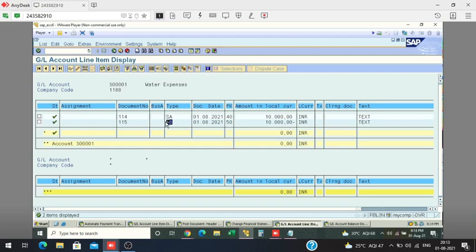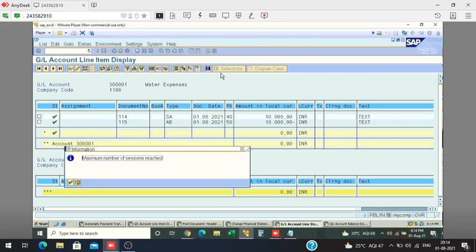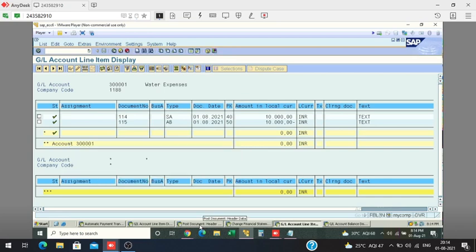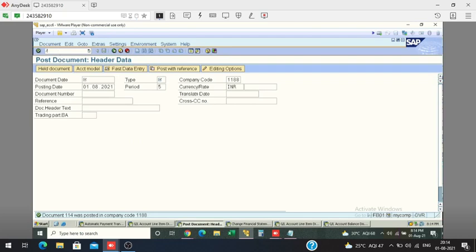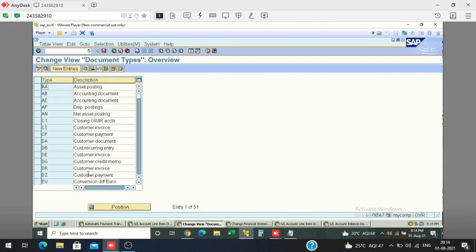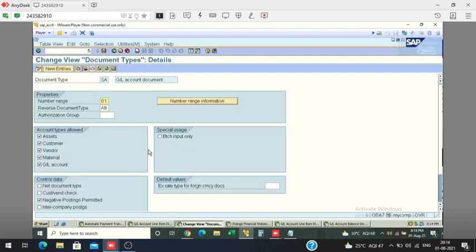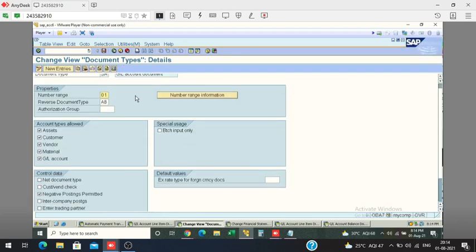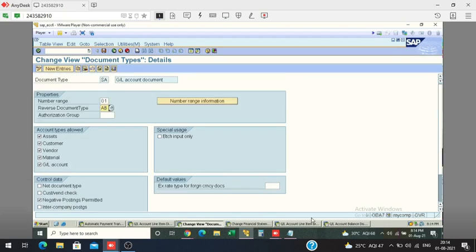We didn't update the number range for AB, but still how did it get it? Because in OBA7, there is SA, position SA, double click on this. See here, reversal document type AB is assigned here. That's why the system allows that.